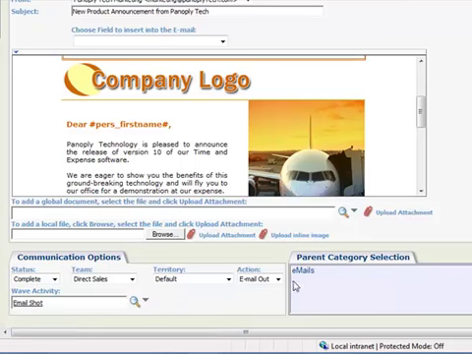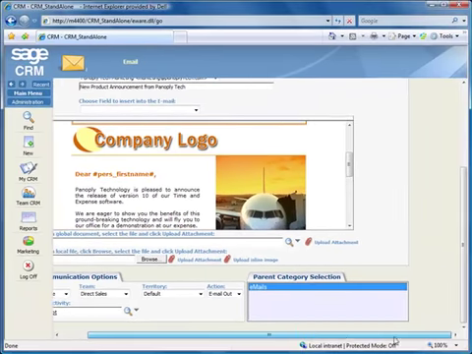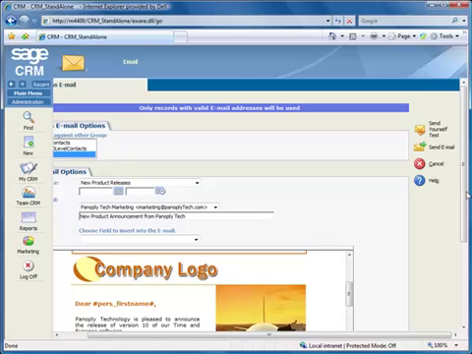The parent category selection field refers to key attributes. If you select emails here, then a link to every recipient of the email will be stored in the system that can be used for follow-up actions. For more information about key attributes, we recommend viewing the video on this subject. Now let's scroll over and back to the top, and before launching the email, we have the opportunity to do